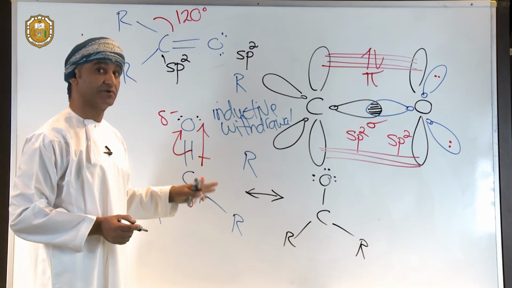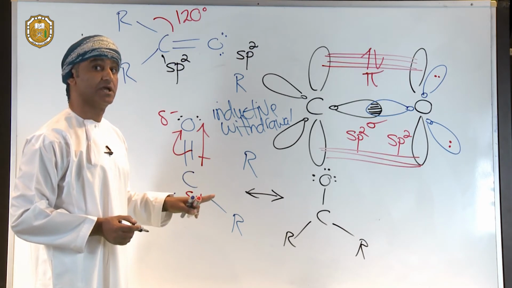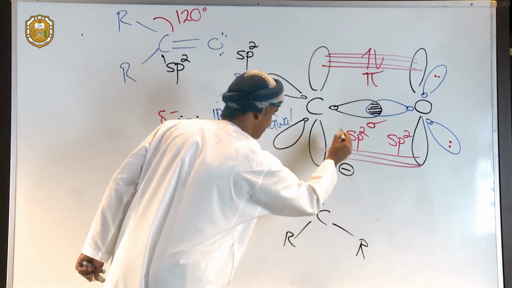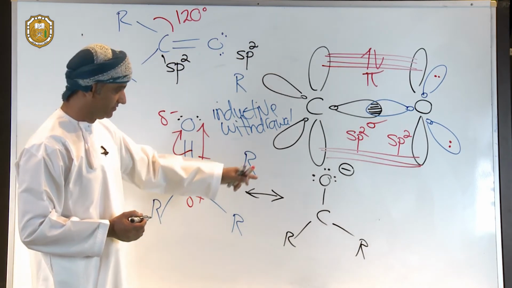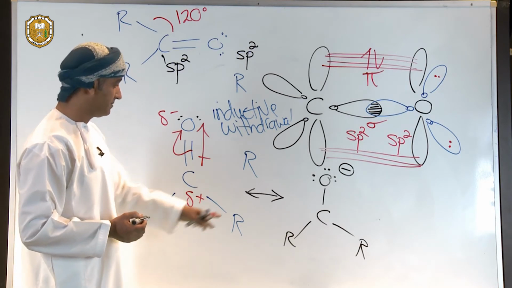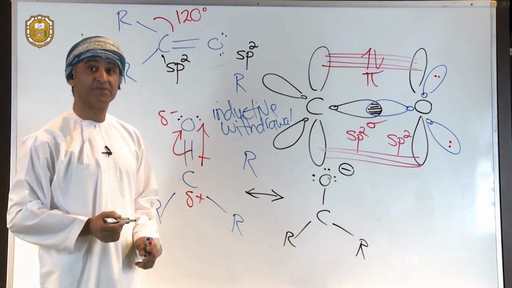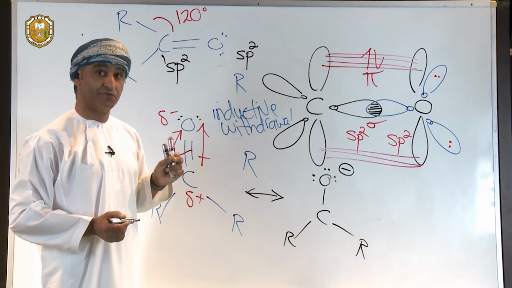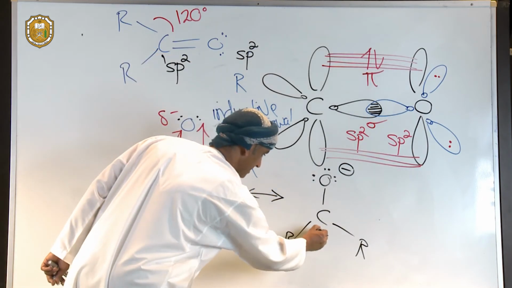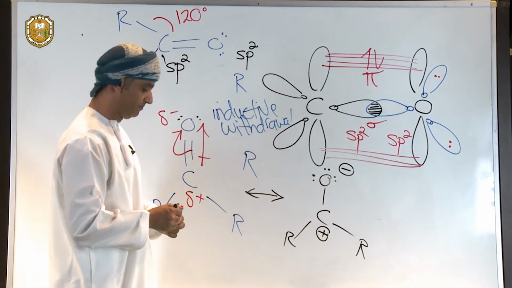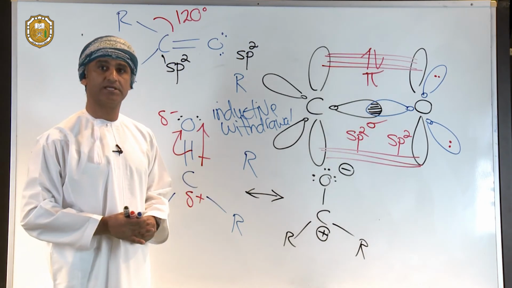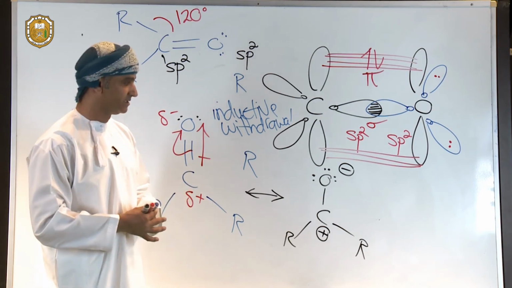Now, that oxygen has 7 valence electrons. If you subtract 7 from 6, which is the number of valence electrons of oxygen in the free state, you would get a formal charge of -1. So the formal charge of oxygen in this resonance form of the carbonyl group is negative, or -1. What about carbon? Well, if you look at that carbon, it has 3 valence electrons, and there are 4 valence electrons in the free element, okay? So the formal charge must therefore be +1. It is positive, and for that reason, carbon is electrophilic due to resonance withdrawal.